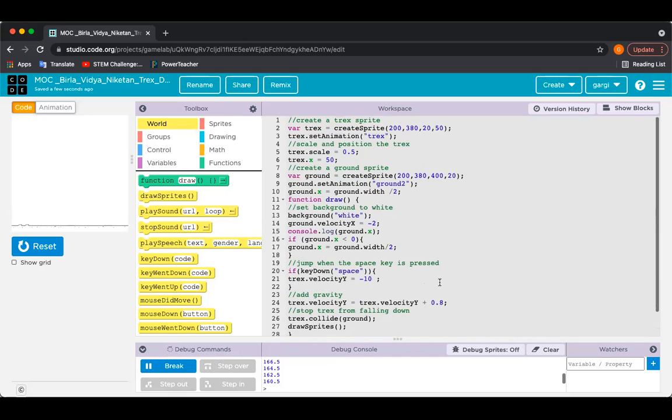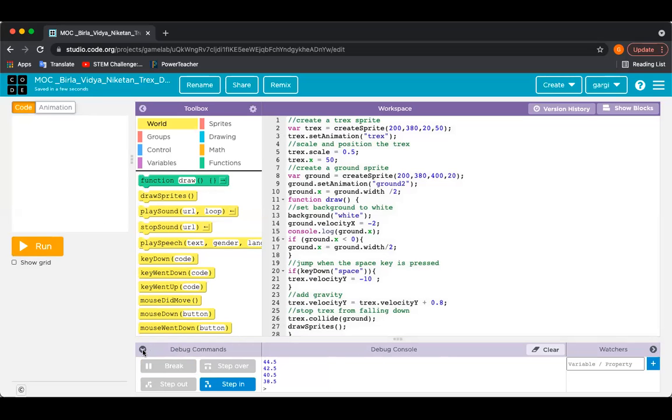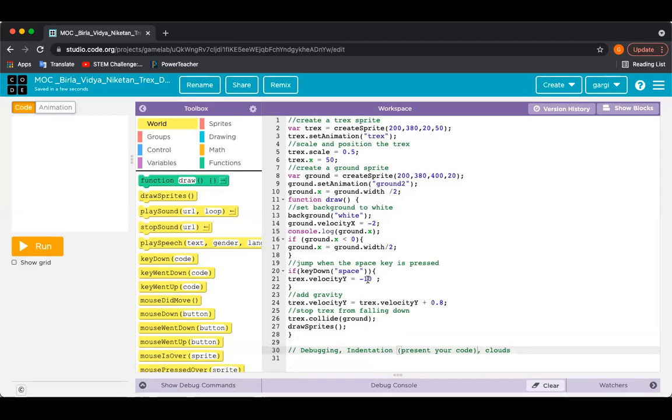So right now, if you see in my code, it's very difficult to make any distinction between where one instruction is over, where another is getting started, where is a fresh start we have.